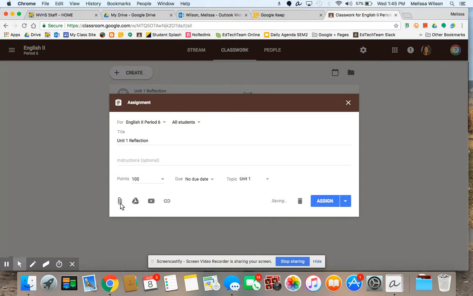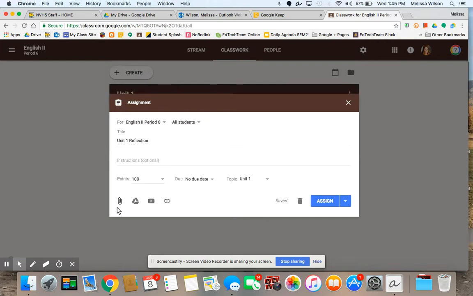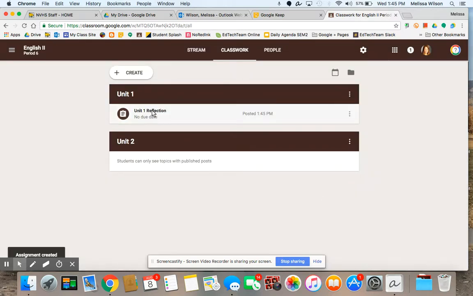I also can do all the stuff that I was able to do before: upload something, add something from my Google Drive, a video, or a link. And then I can either assign right away, I can schedule it, or I can save it. So I'm going to click on Assign. And you'll see that because I put it under the Unit 1 topic, here it is under Unit 1 topic,